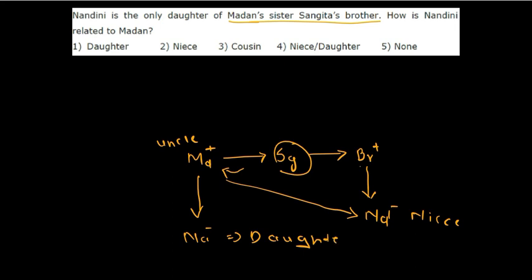Logical reasoning is about your thinking ability to imagine the various possibilities coming out of a statement. Here we assume that Sangita's brother is a different person from Madan, and we can also assume that Sangita's brother is Madan himself. The logical reasoning is based on these multiple assumptions, and you should be thorough with this thought process. So this ends the blood relationship solved problems, but this is just the beginning because there are some shortcut techniques and tricks available to solve the questions, and that will be covered in another series. Let's see you in the next video tutorial. Thank you.